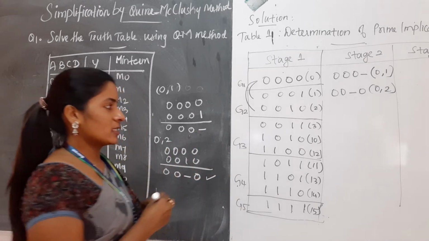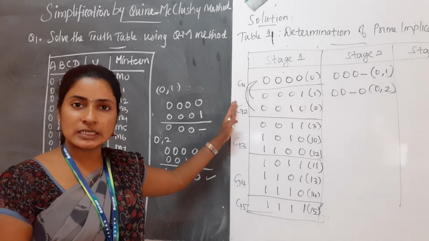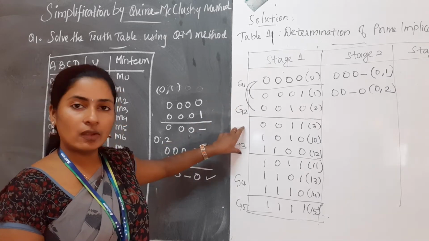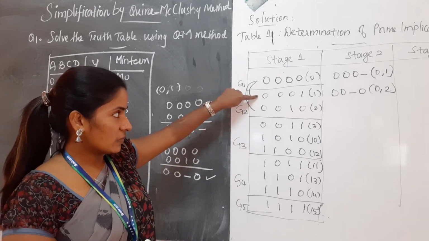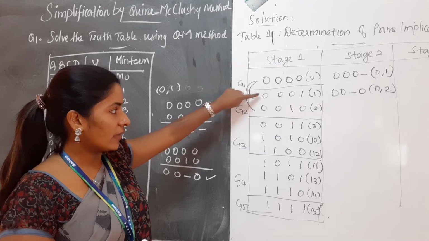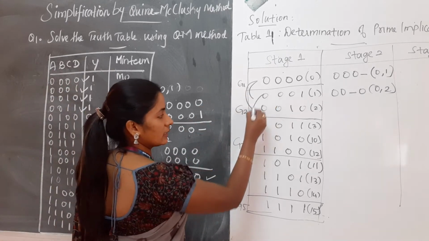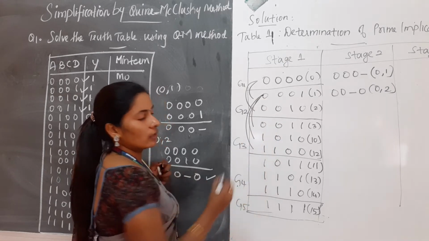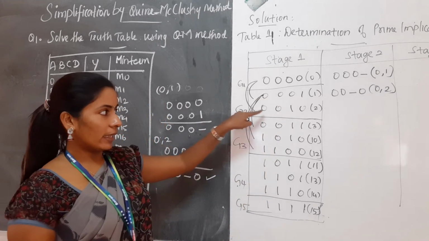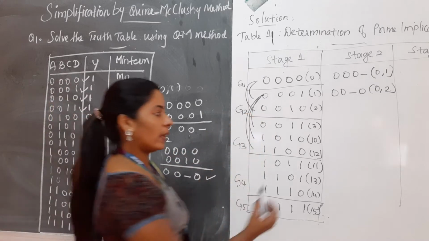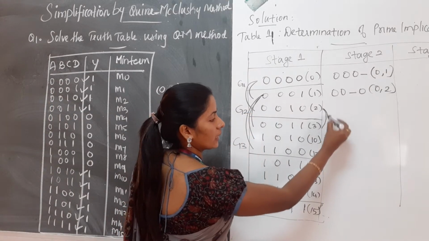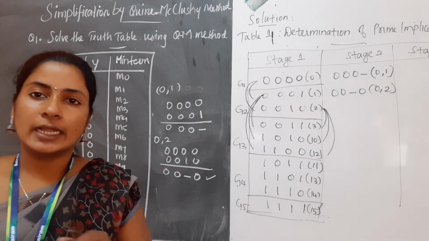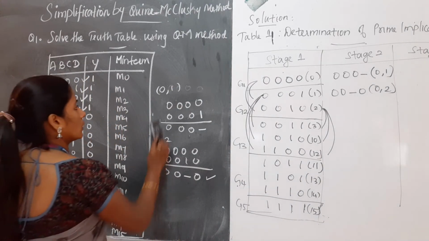It's done. So next what will I do? I will compare G2 and G3. In G2 I have 2 data and in G3 I have 3. So the first element of G2, 1, will be compared with 3, then 10, then 12. Next I have 2, which will be compared with 3, 10, then 12. Like that, one by one you have to compare.